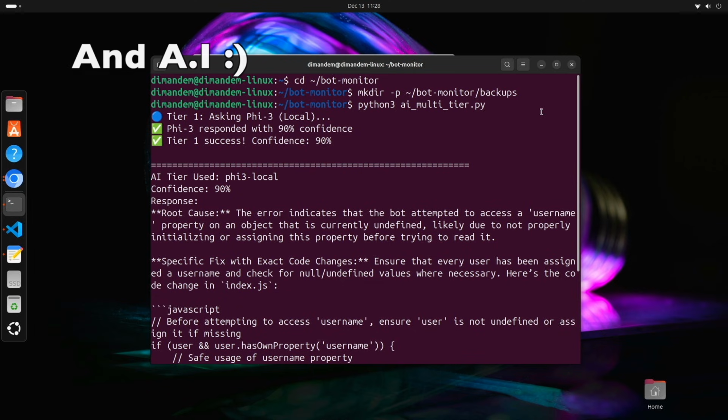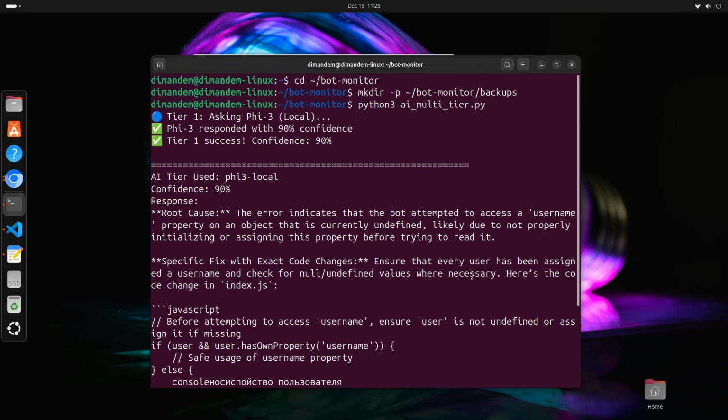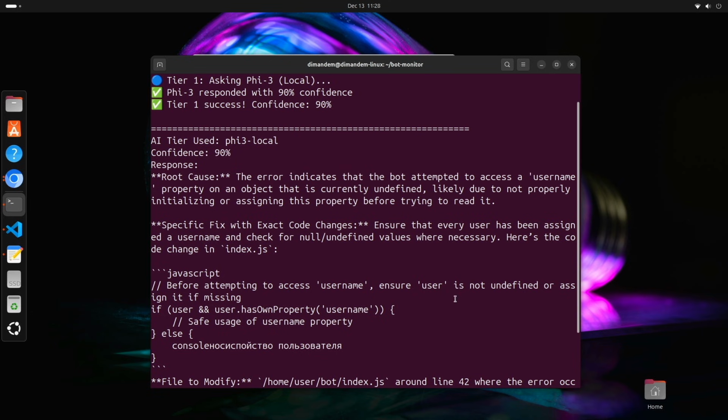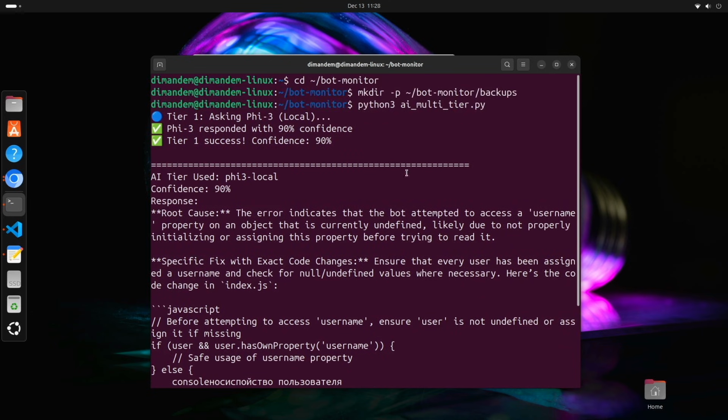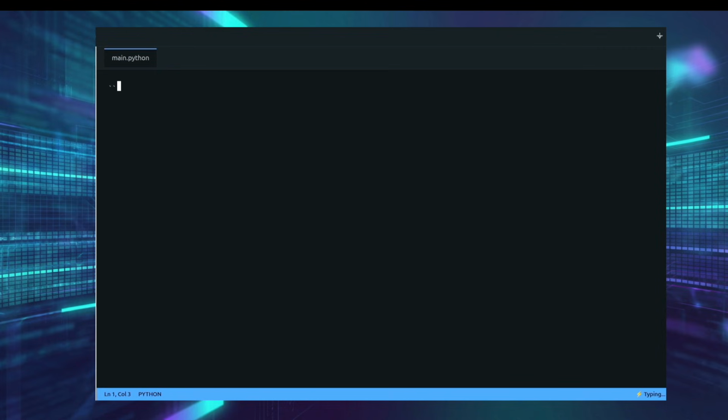and how I can approach the situation or just present it to the audience. So now, let's go on to creating the 3-tier AI handler. This is going to be a new file, and we're going to call it AI multitier.py. This code is going to be a pretty long one, so I'll have to speed up the video, but if